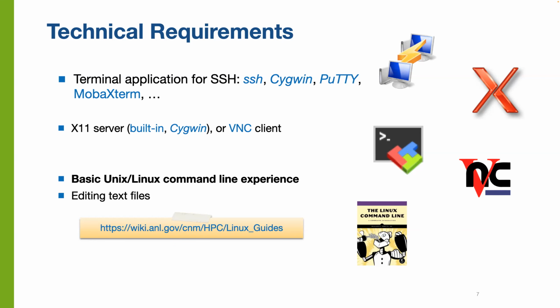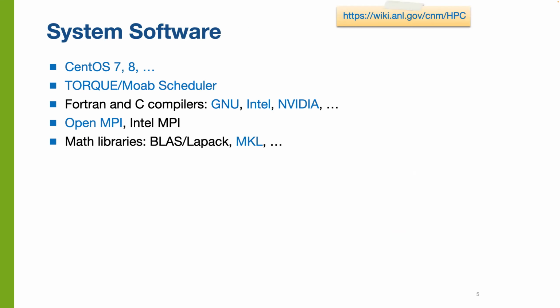So on the system, we have currently CentOS 7 and 8. And of course, we'll continue with version 9. The system that manages batch jobs is Torque, based on the MOAB scheduler. A lot of you will be familiar with this. We have Fortran and C compilers from various vendors,